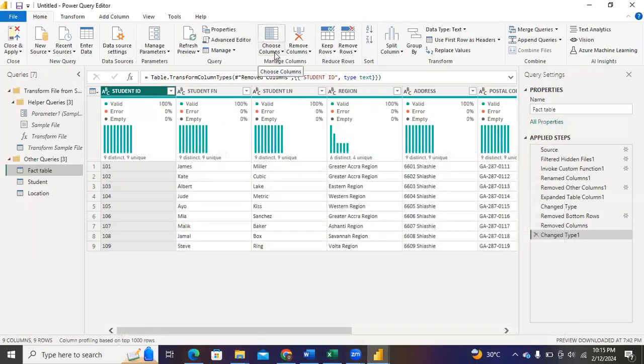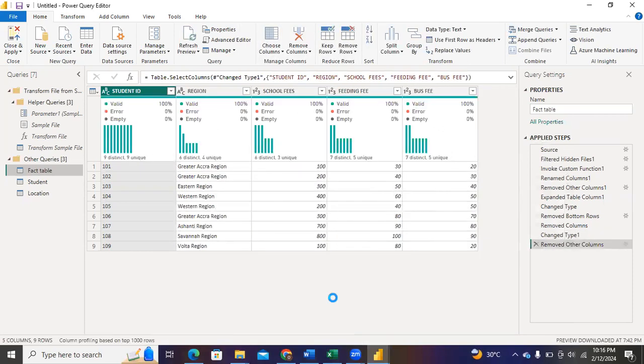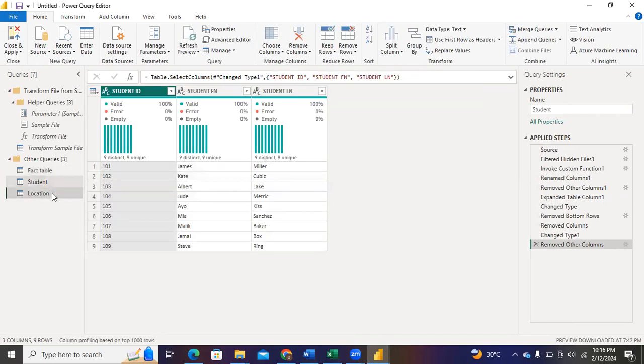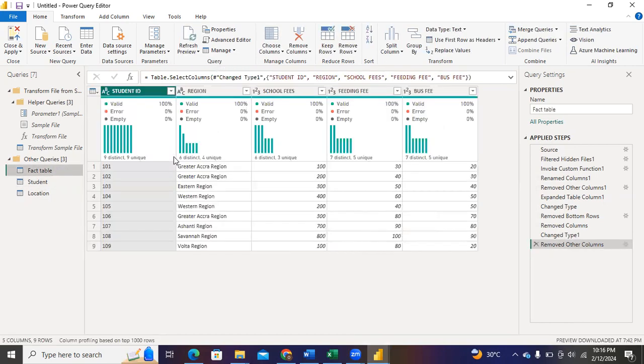Same method. Choose columns. We check the select all. We look for student ID, the region, school fees, feeding fee, and bus fee. Click OK. Fantastic. So our fact table is ready. So basically now we have everything prepared in order to build out our data model. So since everything is checked, we click on